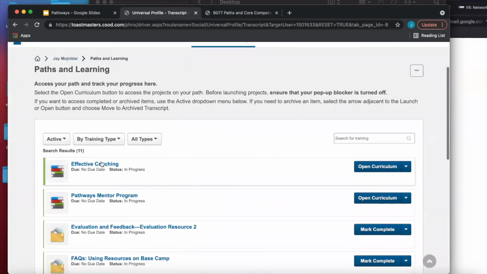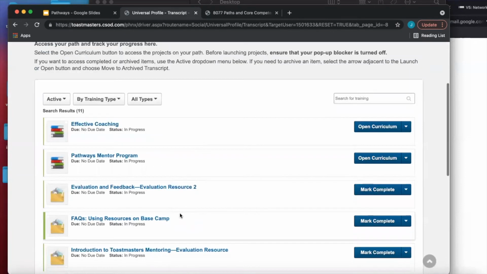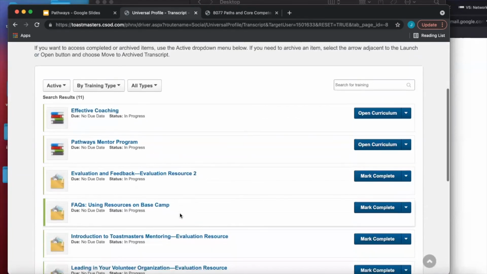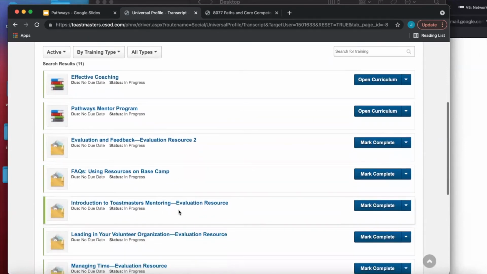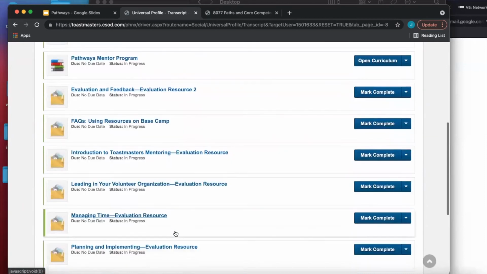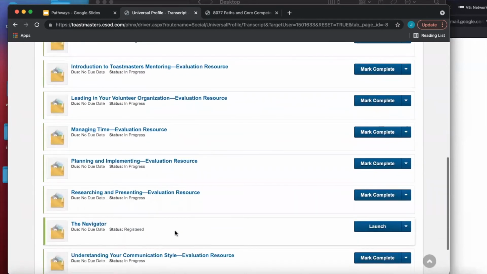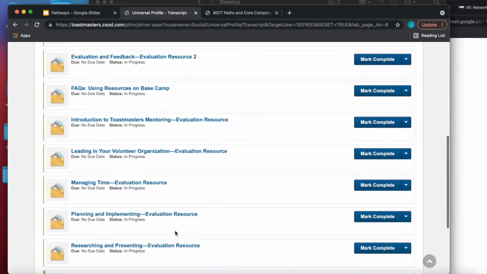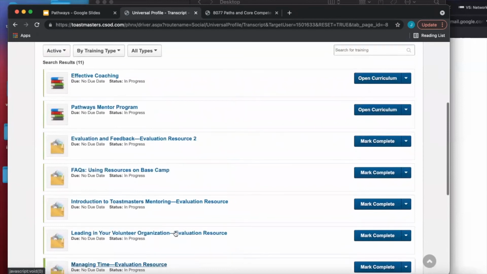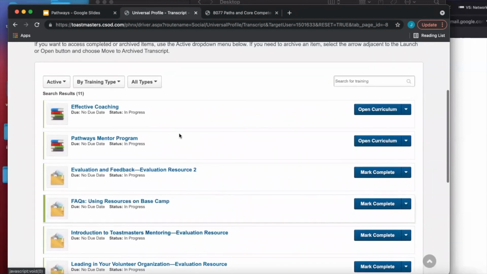So as I mentioned, I have selected effective coaching. Once you start completing levels, Toastmasters will give you additional material, additional resources for you to go over. You can go over and learn all of this, and then get better at it. It's all about public speaking, leadership, and communication. So these are very good resources. Toastmasters gives you a lot of these. These are all free. You don't have to pay anything.